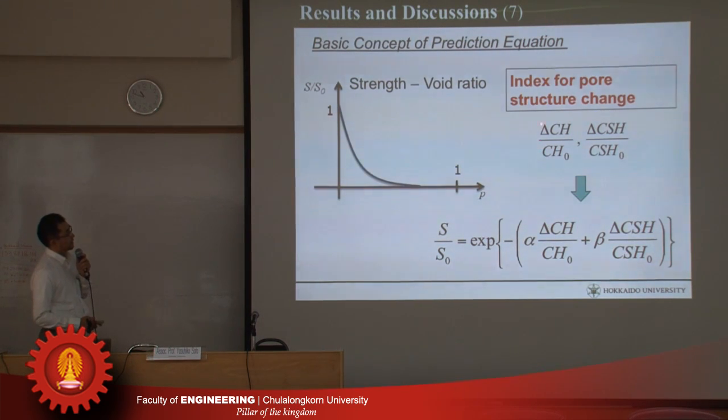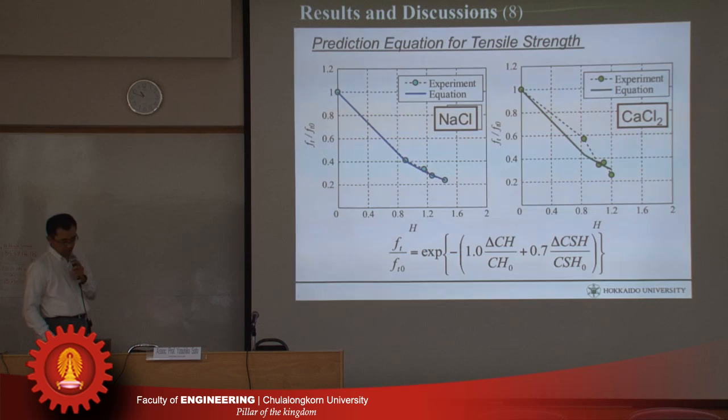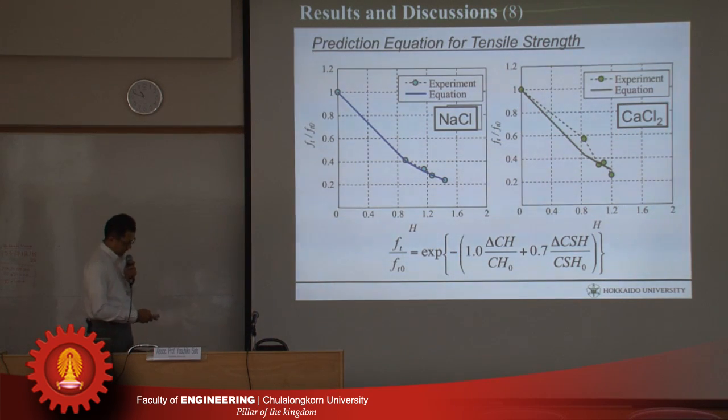One idea is that the pore structure was changed because the amount of hydrate changed. But at this moment, we could not check the pore size distribution and the pore size itself. That's why we just introduced the amount of the hydrate of the CH and CSH. So using this kind of equation, we just find the